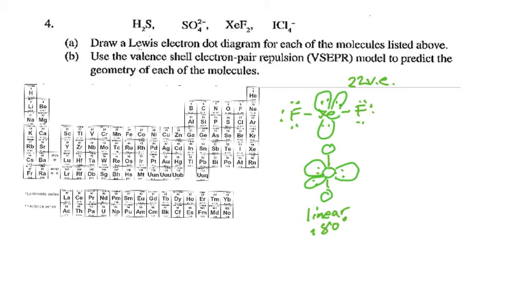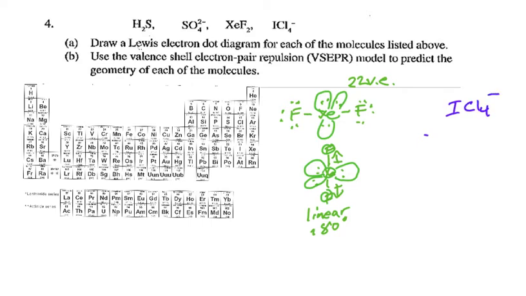If we're thinking about whether it be polar or not, remember that this is fluorine, that's fluorine, this is Xe. Fluorine is definitely more electronegative, so if we drew the dipoles in, they would look like that, and they would cancel, so this would be a nonpolar molecule. And it definitely would have almost no solubility in water because it is not charged and it's nonpolar. And the last one,